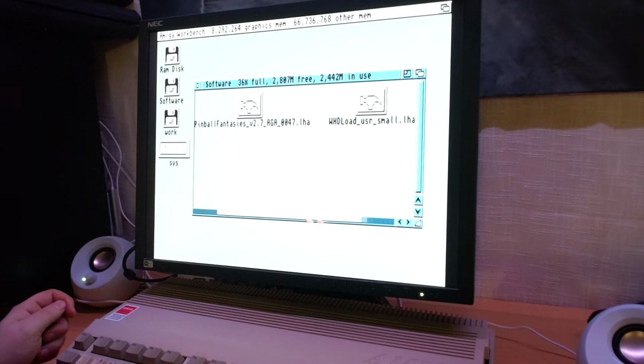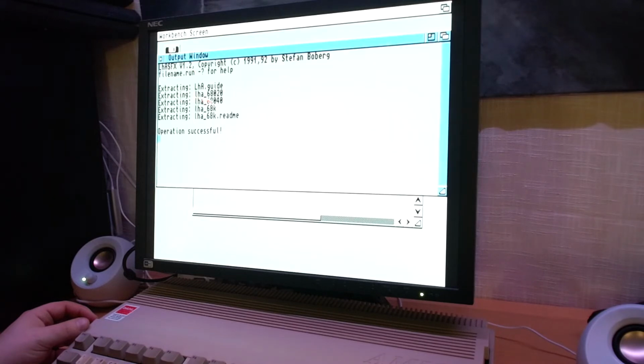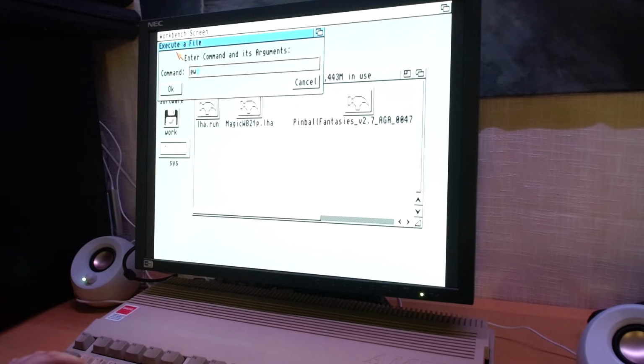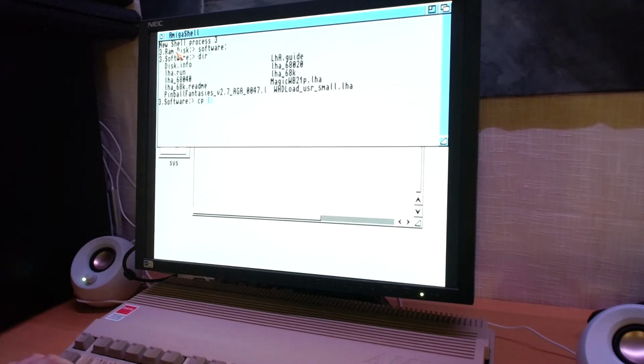So what we need is LHA to unpack everything. There. Now we should be able to copy